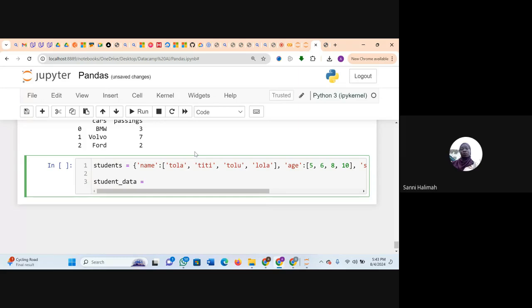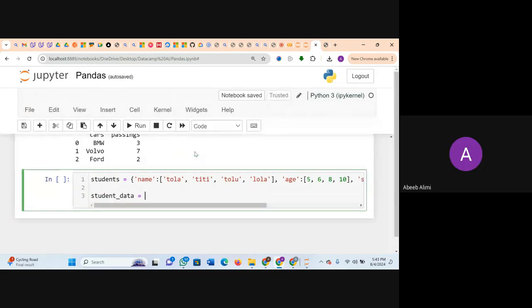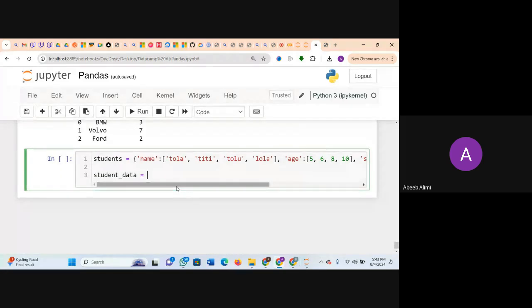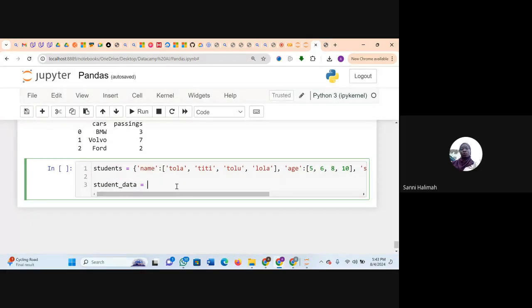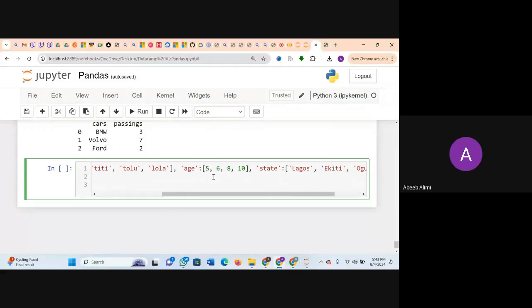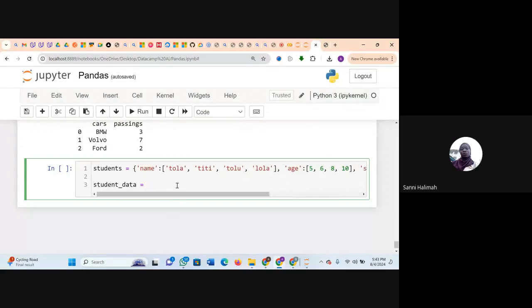Can you see my screen now? Yeah, I can see your screen now. All right. So what will it be? Data. Oh, okay. That'll be places, name, age, and no, we have completed this part. The next thing is, how do you create a data set from this dictionary? That's the next question.